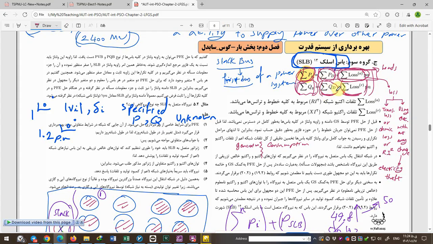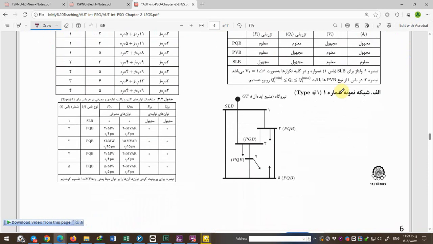But in reactive power, I think it is important to write: only power plants can generate active power, or P. Only power plants can generate active power, but